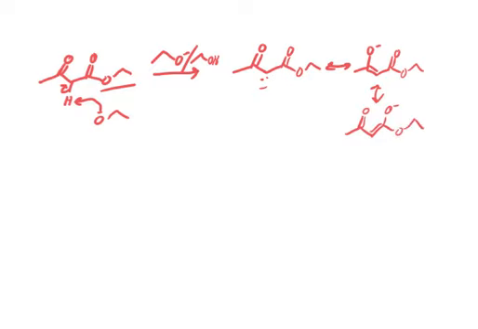All right, so I got a stabilized enolate. The more resonance structures I have, the more stable it is. And then we're going to do the alkylation step. So I'm going to alkylate using this bromide. And what's going to happen is an SN2 displacement. So I'm going to attack here. I'm going to kick out the bromide. And what I'm going to get from that